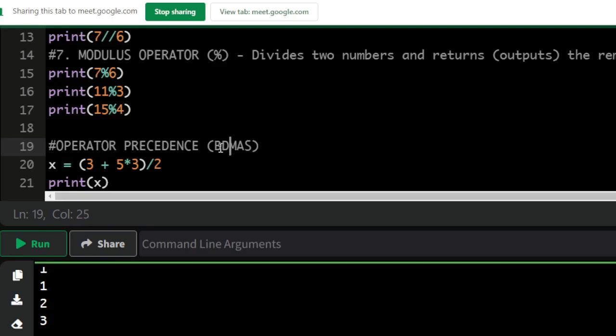So we have division. Python says that whenever we have brackets, we should resolve the bracket first. After resolving everything in the brackets, the next thing we do is, if we see division, we go for division. If we see multiplication, then we go for multiplication afterwards. Then if we see addition, we go for addition, and before we go for subtraction. So that is how it goes. This is the order of precedence. That is, the bracket precedes division, division precedes multiplication, multiplication precedes addition, addition precedes subtraction when you are